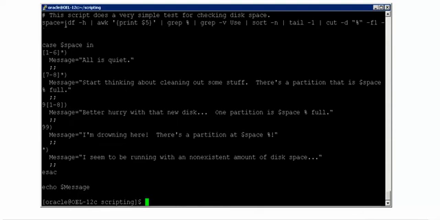Again, the space variable which I have used earlier will give you the maximum disk which is used. And here I am saying that if you see any disk number starting with a first numeric from 1 to 6, ending with any number, all is quiet. But if you see any disk space with the first numeric either 7 or 8 followed by any number, you have to start thinking about cleaning up the stuff.